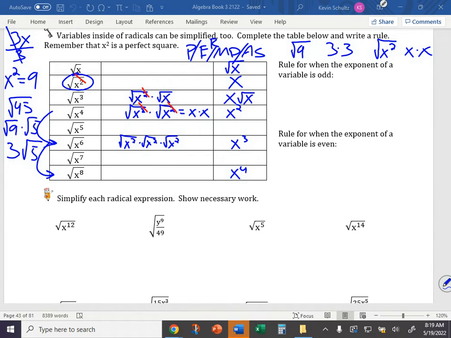Max also said the shortcut, I believe, if you have, say, for example, the root of x to the 70th, how could you very quickly, easily, efficiently